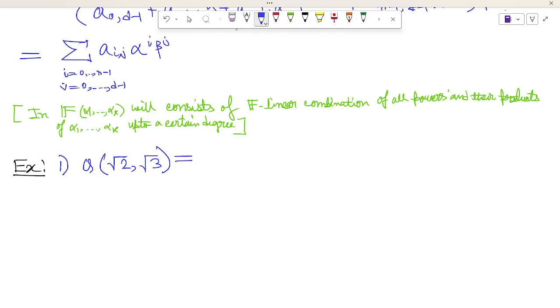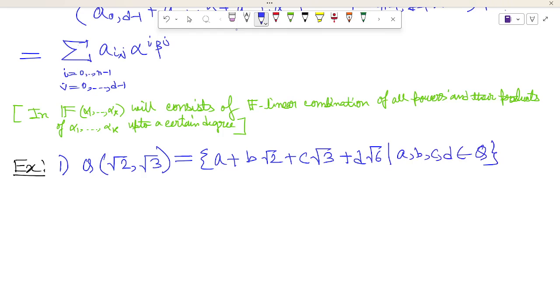So by this theorem, I can say it is of the form a plus b root 2 plus c root 3 plus d root 2 into root 3, root 6, where a, b, c, d all belong to Q. Understand? Why? Because